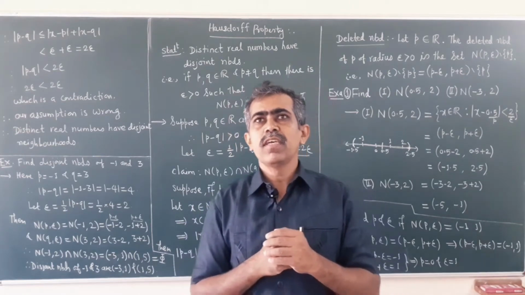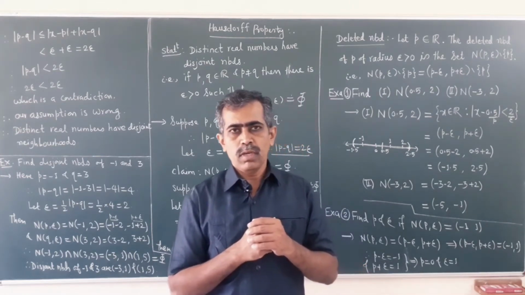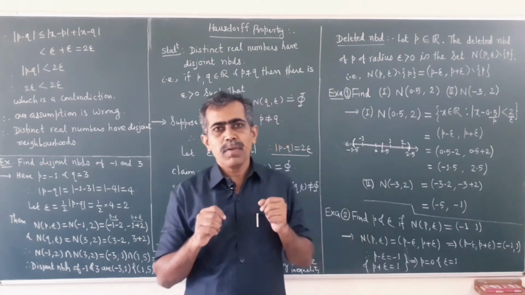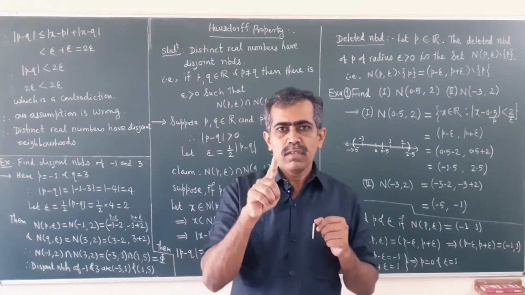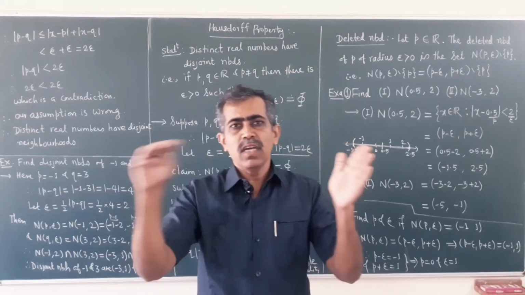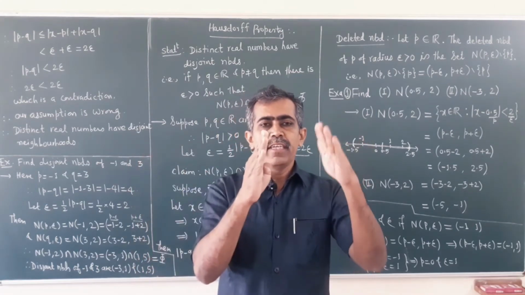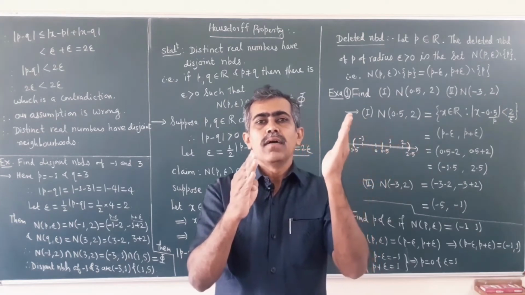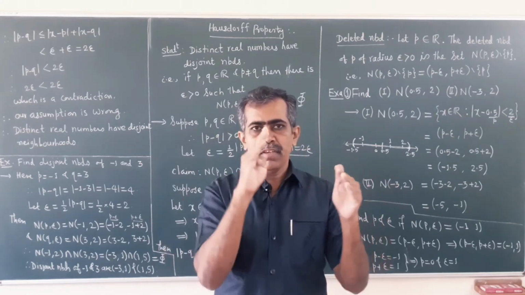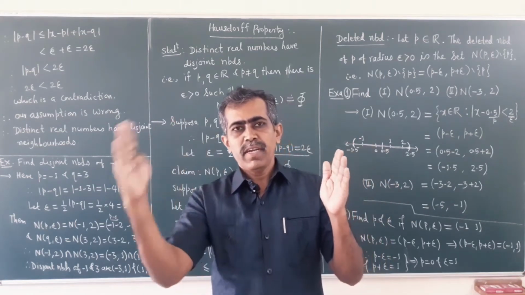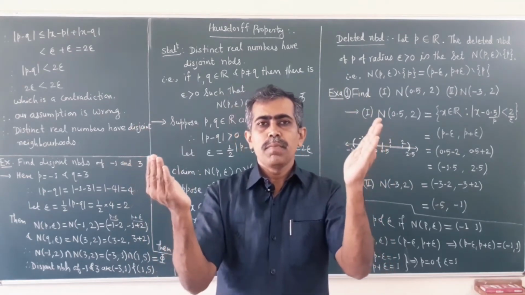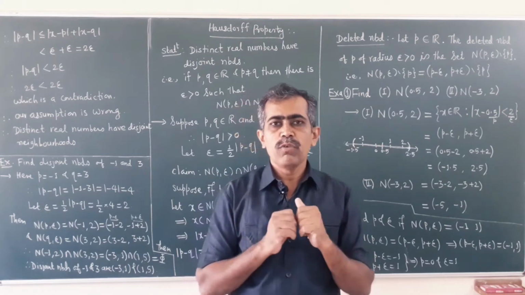Also you have seen what is the neighborhood of a point. If you are given any real number p, then the neighborhood of point p of radius epsilon is the set of all points on the real line which are at a distance less than epsilon from p, on both sides. So if p is a number on the real line, then it is all the real numbers between p minus epsilon and p plus epsilon. So that is what you have seen last time.